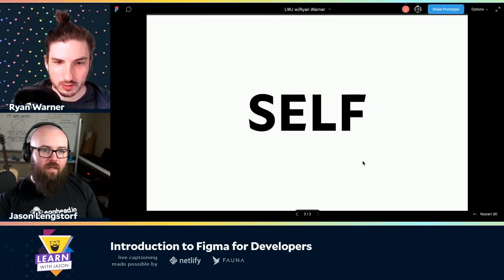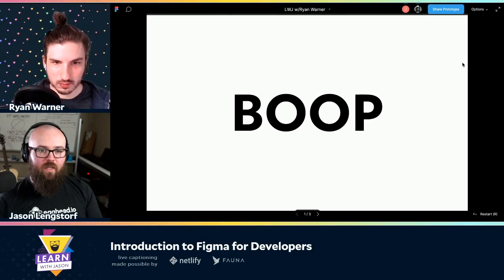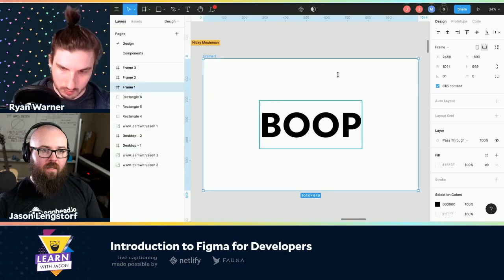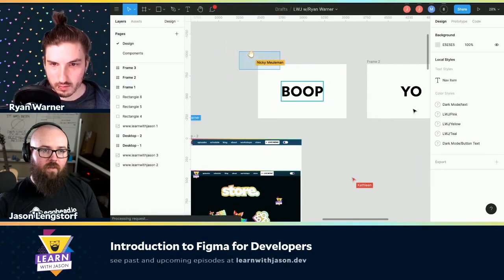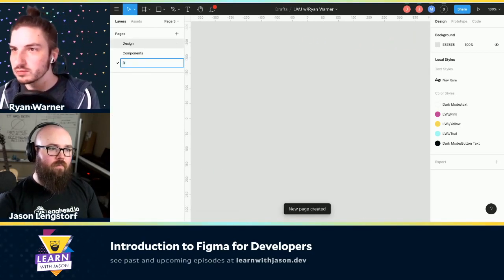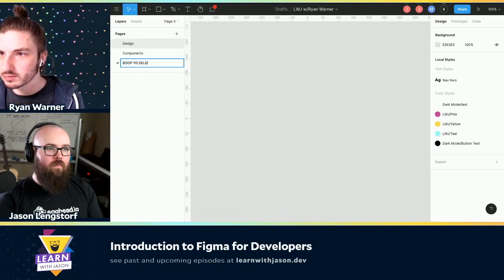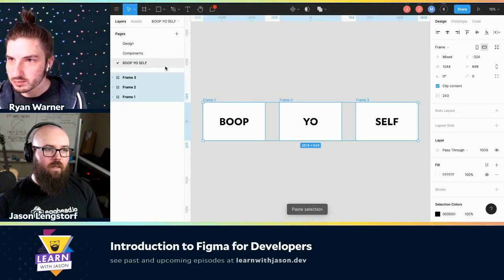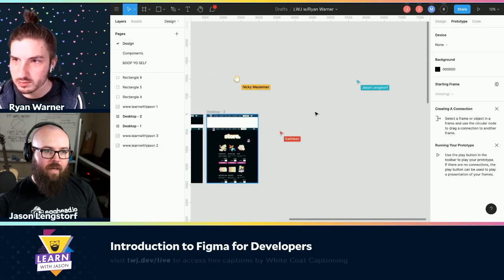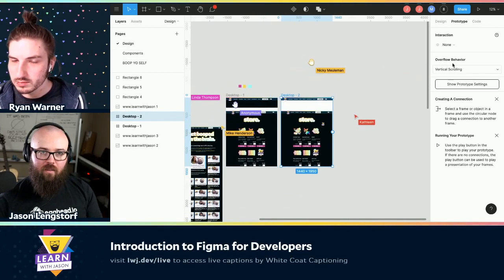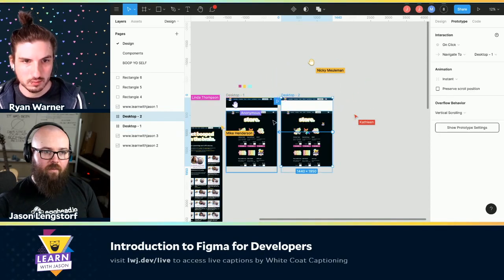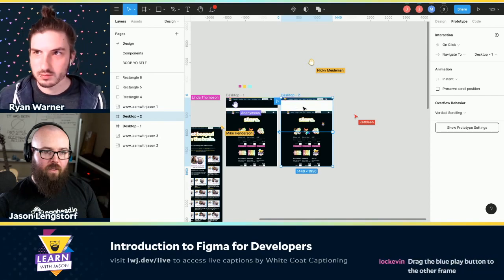I think it's because we put the interactions on the other thing. So let me bounce out real quick and let's take these to another page. So we'll just put these in here with their interactions and everything in place. But then when we go to the design, that should take it out of there. And maybe just to tell it what to do, we'll just have these linked to each other.